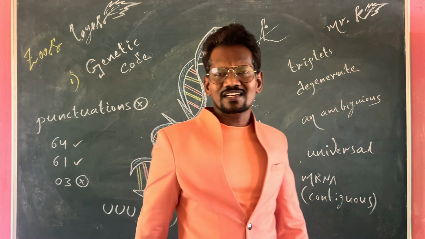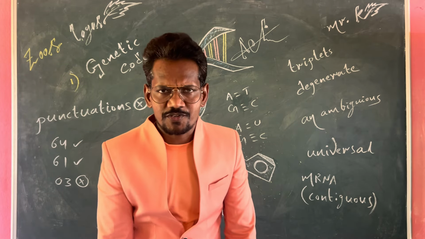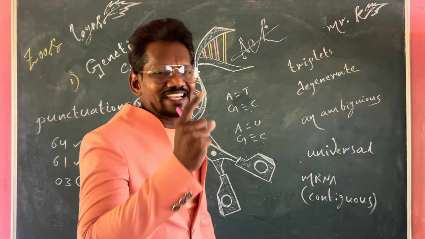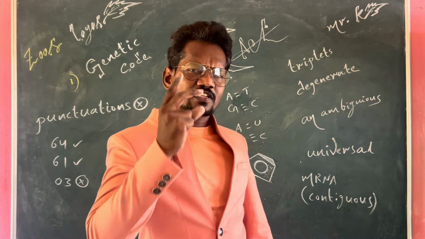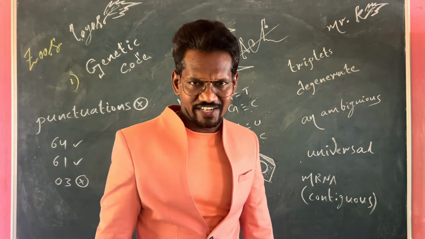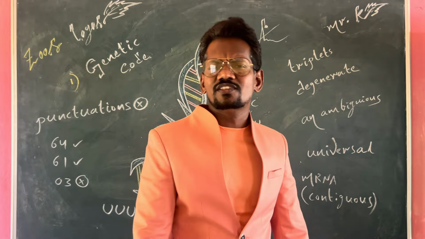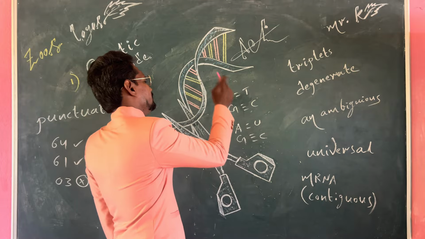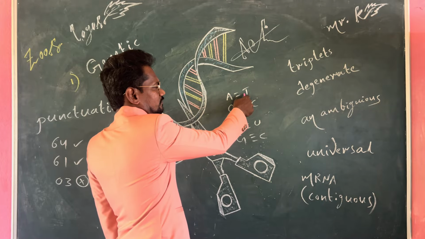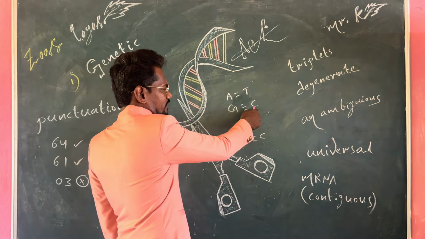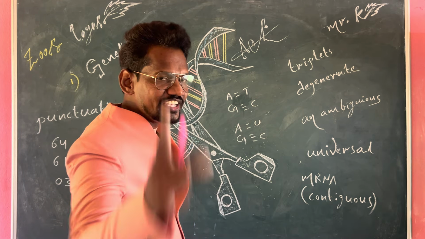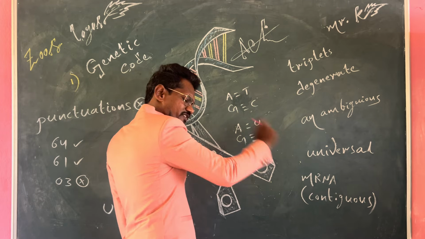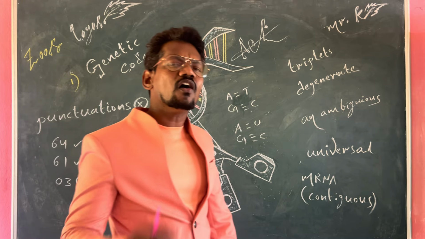But coming to higher organisms, in our human body especially, all cells contain two types of nucleic acids. One is deoxyribonucleic acid, DNA, the second one is ribonucleic acid, RNA. Then what is the major change between DNA and RNA in the cells? The base pair sequences. Adenine combined with thymine, guanine combined with cytosine, that is DNA. If adenine combines with uracil and guanine combines with cytosine, that is RNA.